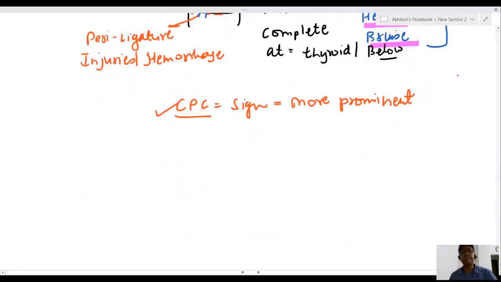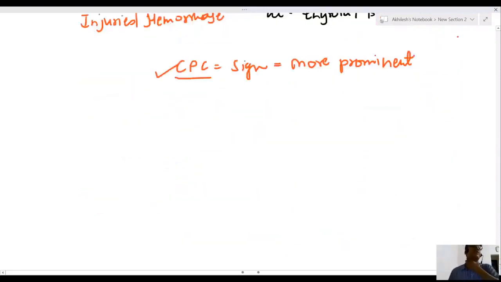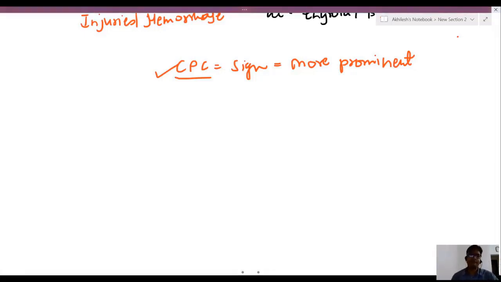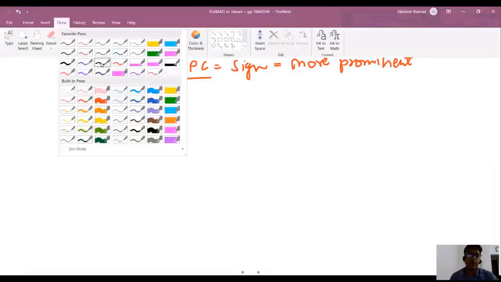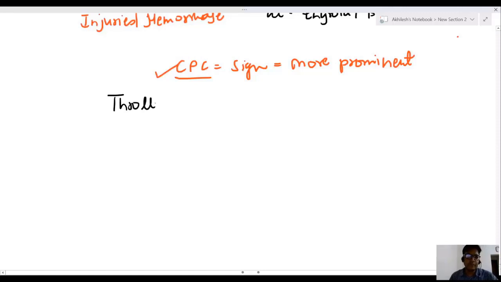And CPC. Why is CPC more prominent, sir? You are compressing the neck, so the victim is resisting, and you will apply more pressure. Chances of cyanosis, fatigue, and congestion are more prominent. Now I am coming to